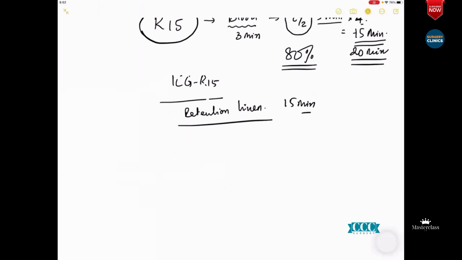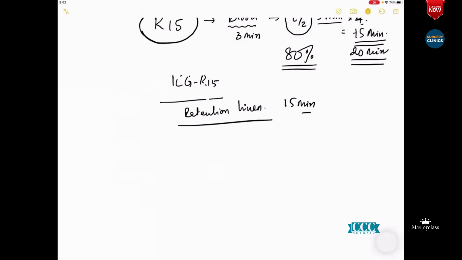How is ICG taken out by the human body? How is ICG kicked out from the human body? By the liver. Yes. The bottom line is the liver. The liver takes it up. The liver cannot digest it. It is an inert molecule and it just kicks it out.